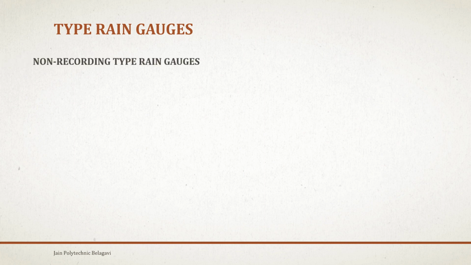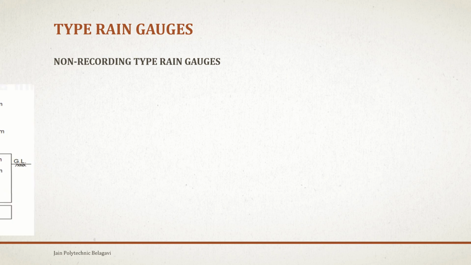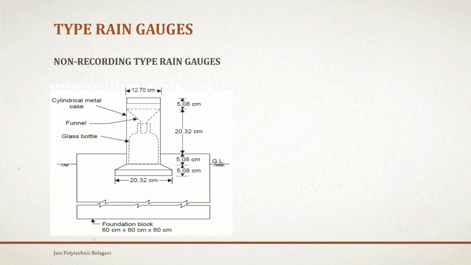So you can see there are two different types of rain gauge. This is one of the rain gauges, the Siemens rain gauge. As I said, there is a funnel and there is the glass bottle,